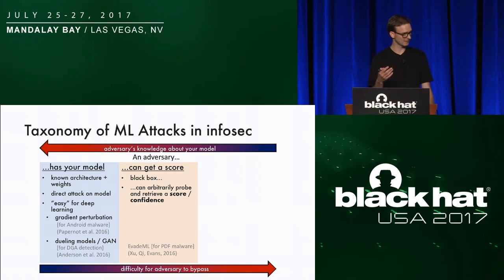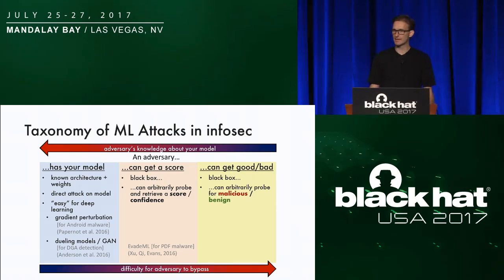In the middle box, slightly more difficult, the adversary doesn't have your model, but has API access to your model, and he can query it arbitrarily. Importantly, he can get a confidence score or some number out that signifies how much the model believes that sample to be malicious. My colleagues and collaborators at the University of Virginia have developed some methods that can systematically reduce this score over time using genetic algorithms, which I'll speak to briefly in a few slides.